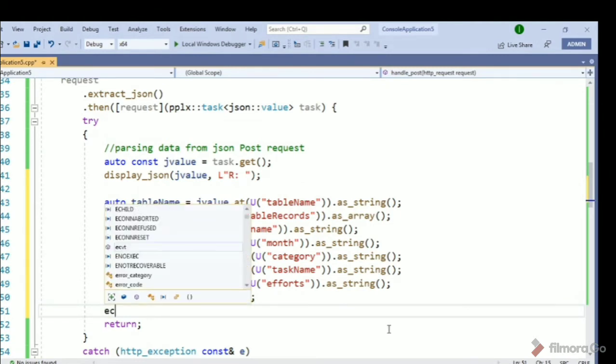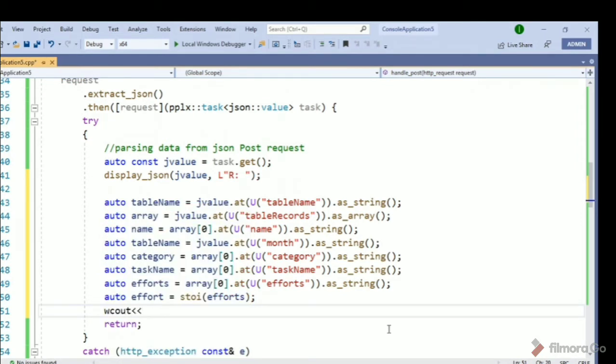Okay, so quickly, let's write some couts here. We will use wcout to print these, as all of them are of type string underscore t. You can see that we use wcout to print those, otherwise we will get a compilation error.